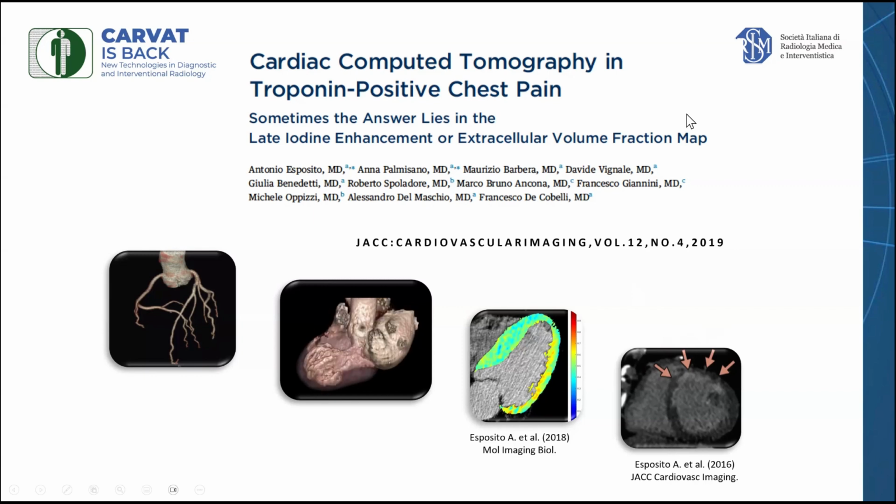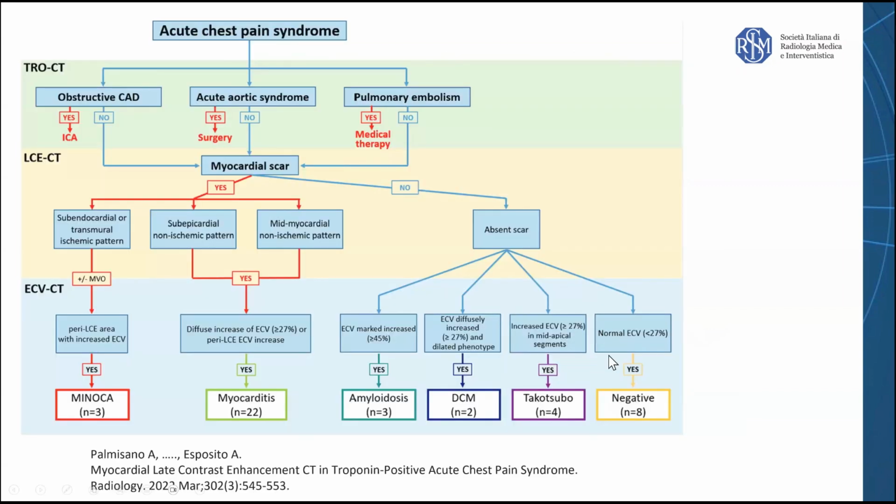Applying these two added pieces of information, we have created this flow chart for the diagnosis in patients presenting with acute chest pain in the emergency department, obviously without a clinical and electrocardiographic diagnosis of myocardial infarction. What you can see is that using a triple layer approach, assessing first of all the angiographic scan, after that the presence of myocardial scar and the pattern of the myocardial scar, and finally, in this single examination, calculating the ECV and providing further information using the ECV itself,